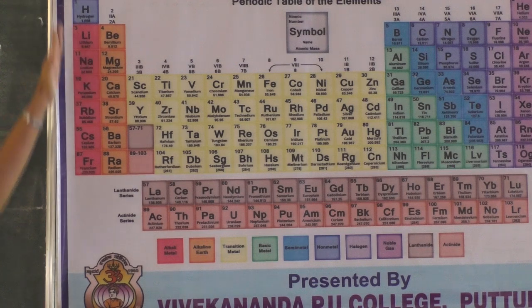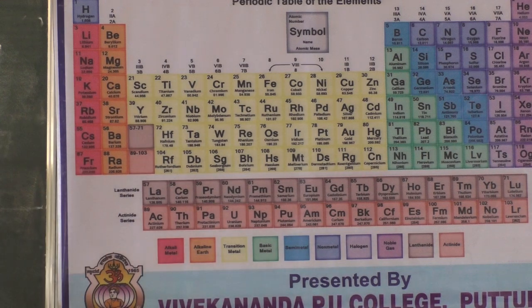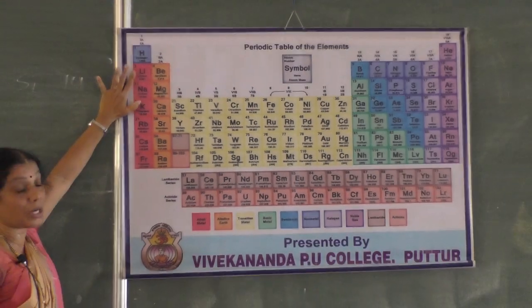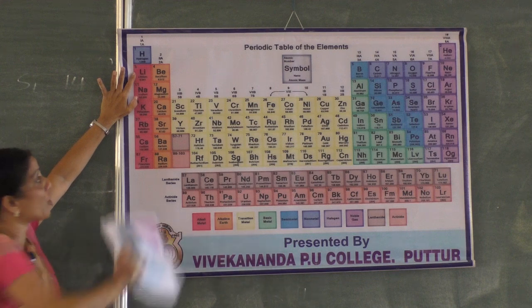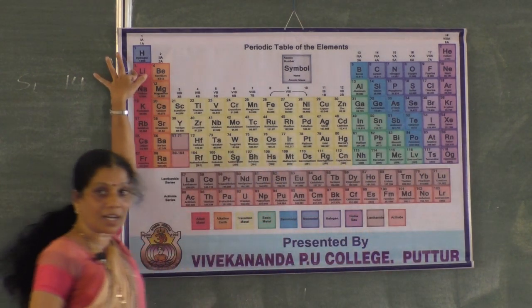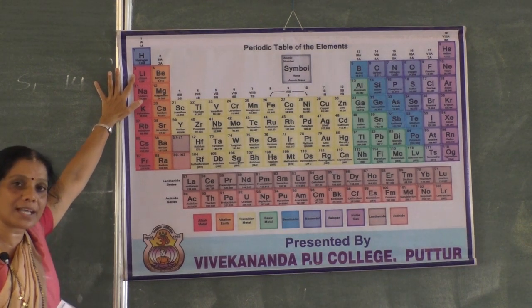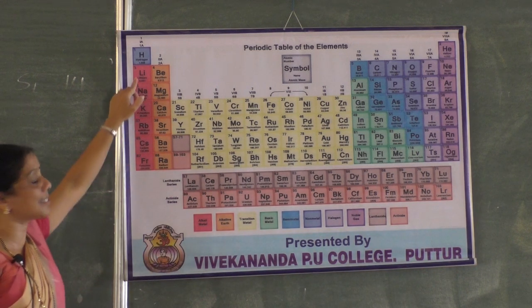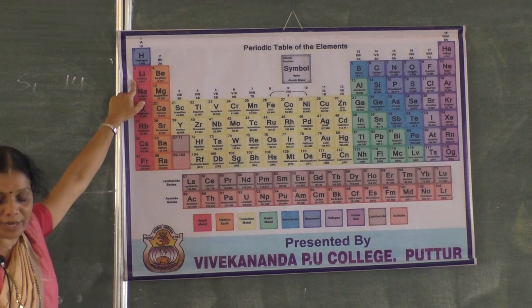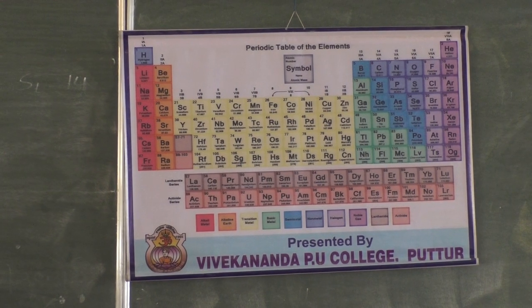We know this always. Elements belonging to the first group have the largest size, because as we move from left to right direction, nuclear force of attraction increases, atomic size goes on decreasing. Hence, the first element we have to write here is lithium. In the given elements, we have to write first the lithium with the largest size. Atomic radii of the lithium they have given, that is 152. Is it clear for you?